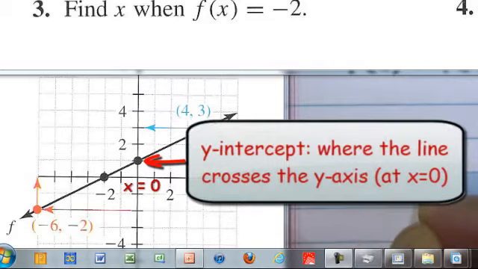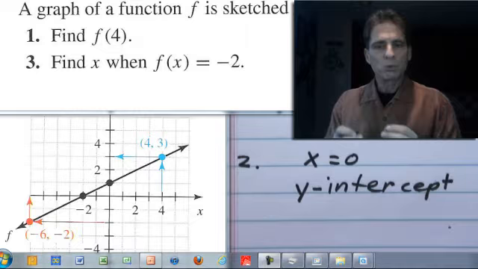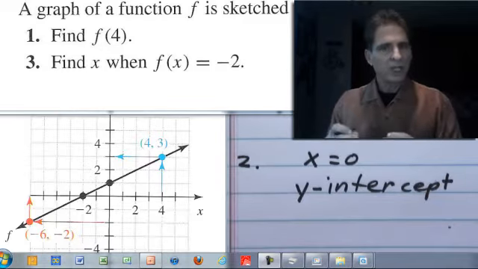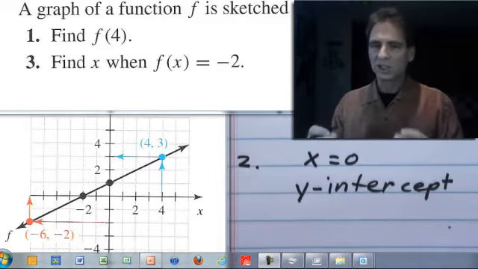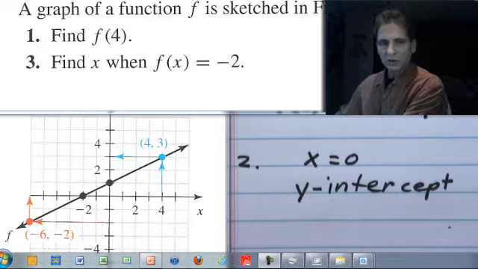To find the y-intercept, and this is something you need to memorize, you set the x equal to 0 and find out what the y value is. So it's really the opposite. If I wanted the x-intercept, I would set y equal to 0 and find out what x equals. And we'll be doing that in number 4 here. Number 3,